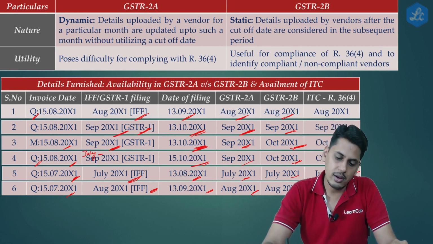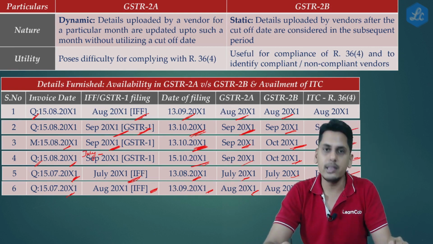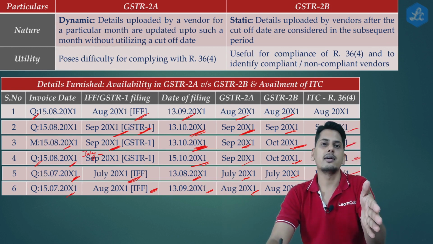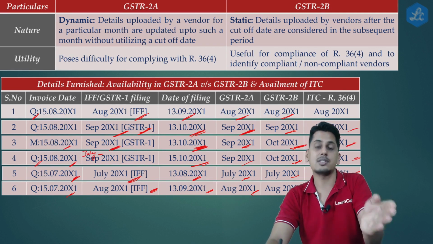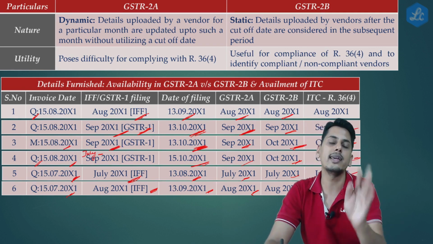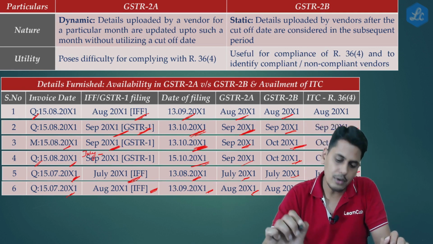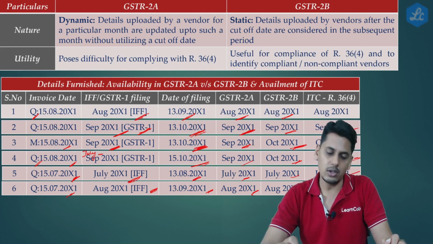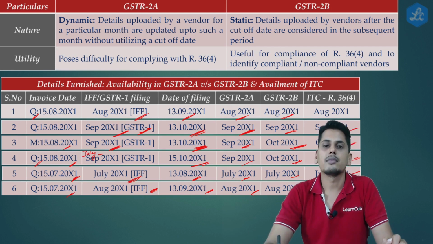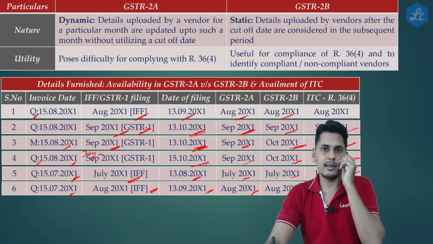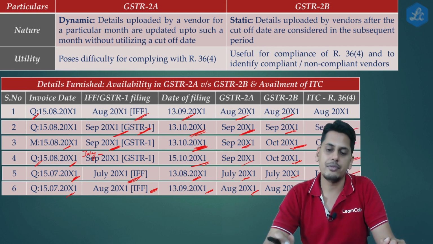You want to check it? For August, the cutoff date is 13th of September. The starting date: preceding to August, it was July. For July, it is 13th August. So starting date for August is going to be 14th of August. 14th of August till 13th of September. Yes, it is into this window. So therefore, input tax credit for the return of the month of August.